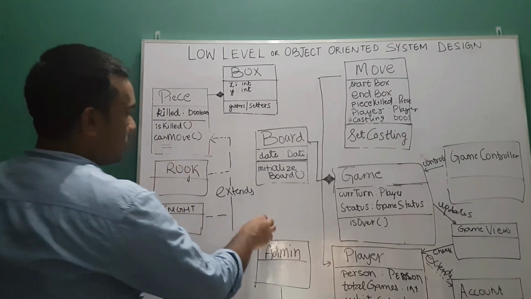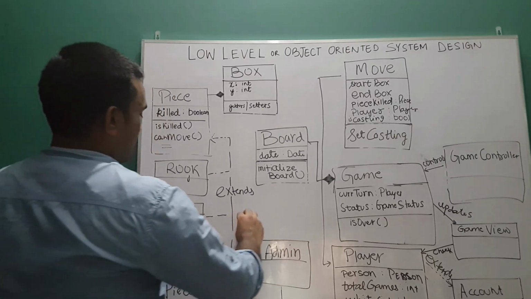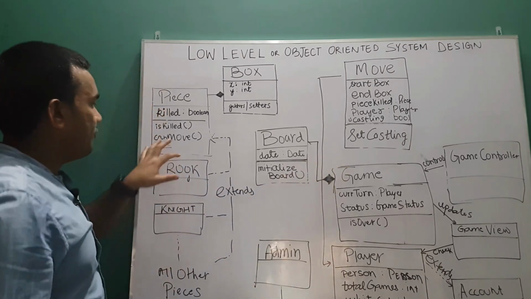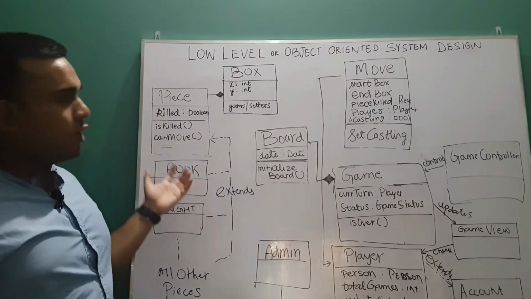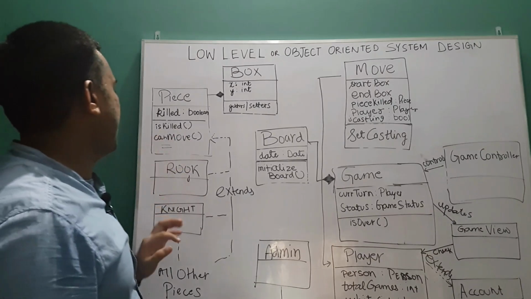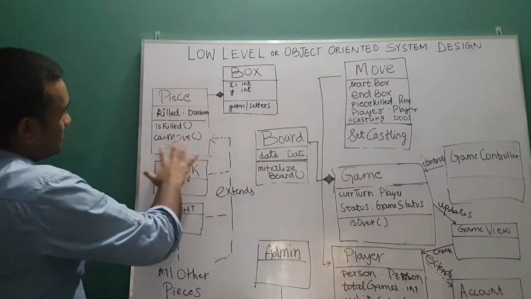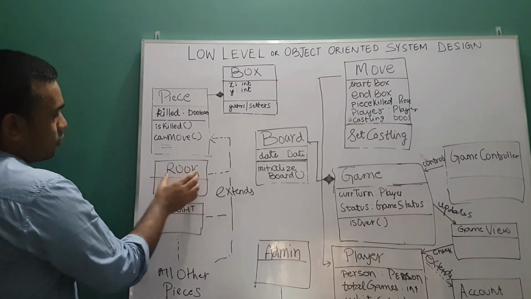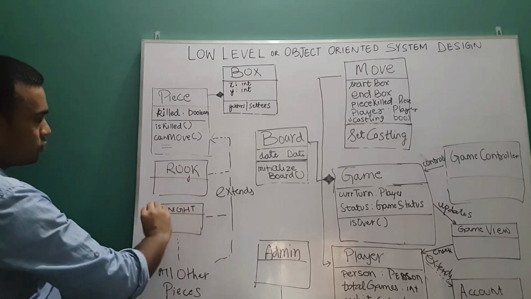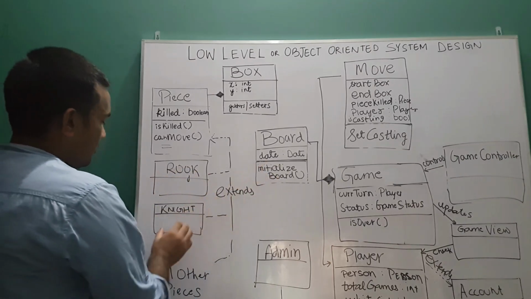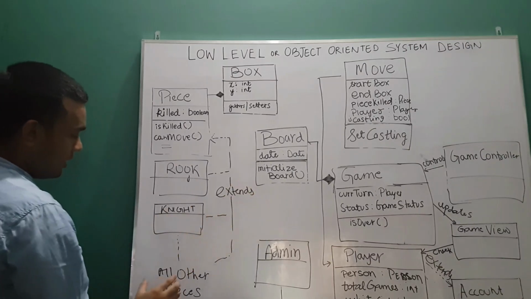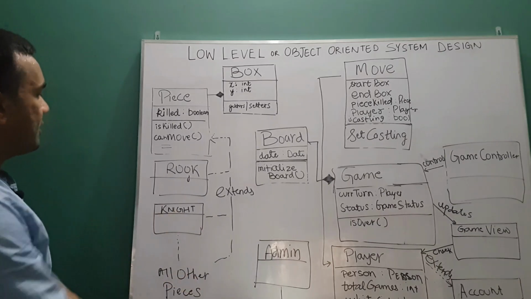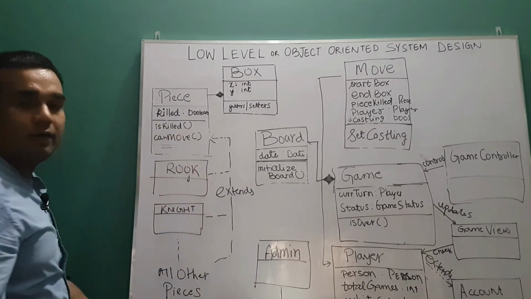For example, suppose you are trying to place a rook diagonally, it will obviously say it cannot move. So you have to have those kinds of checks in that. Now this can-move method will be implemented in every piece individually: the rook will have its own implementation, the knight will have its own implementation of how the knight will work, and similarly the queen and the king. Every piece will implement that particular method.